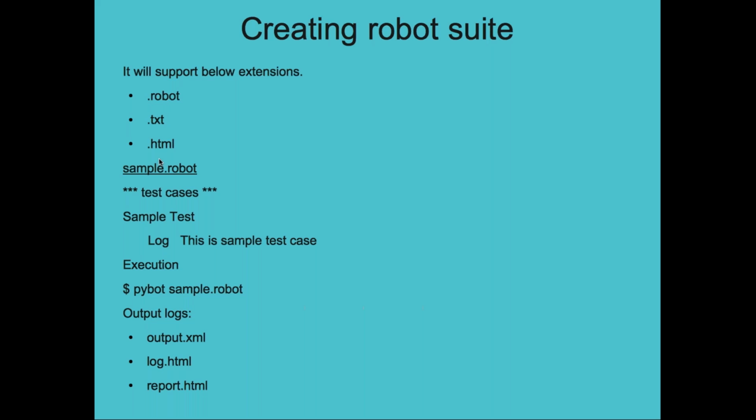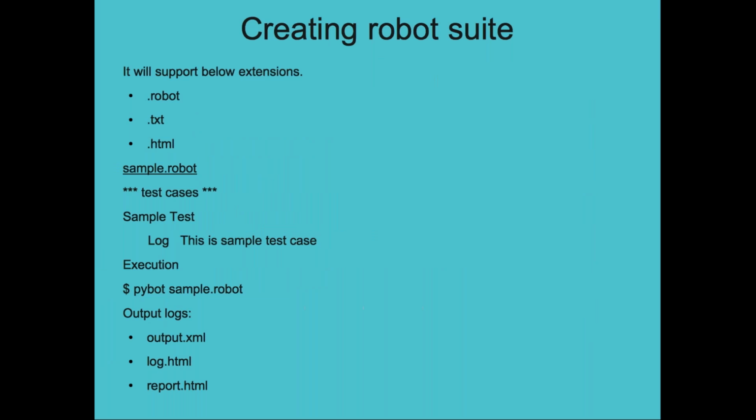We have one IDE tool, which I'll discuss in coming classes. Using that, you can create a robot suite in HTML format. You can even convert .txt to .html or .html to .txt. But a basic robot script will support these three formats, so you can create in any format. Here we'll see one sample robot suite. You can create a suite with .robot